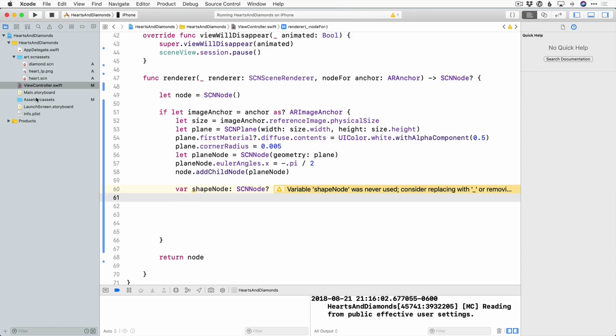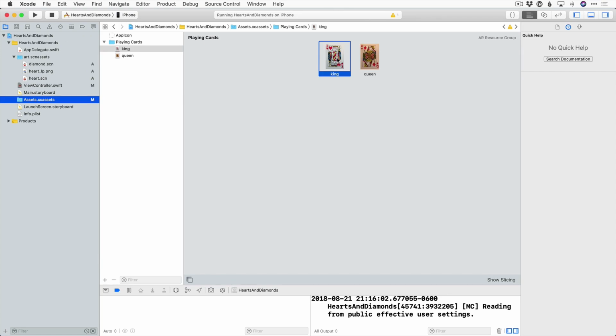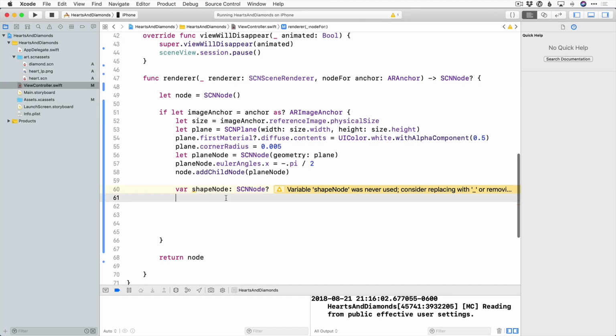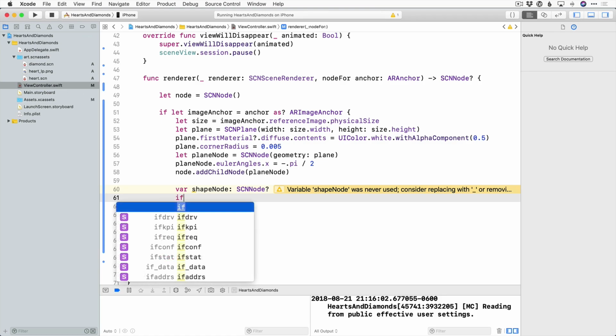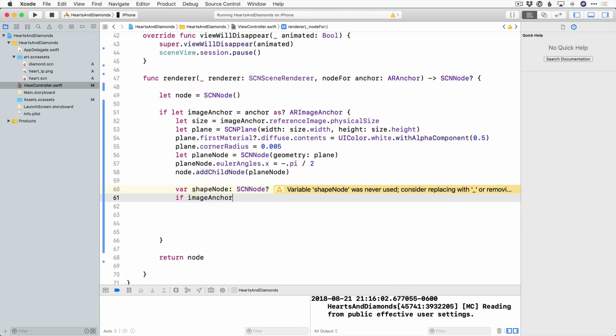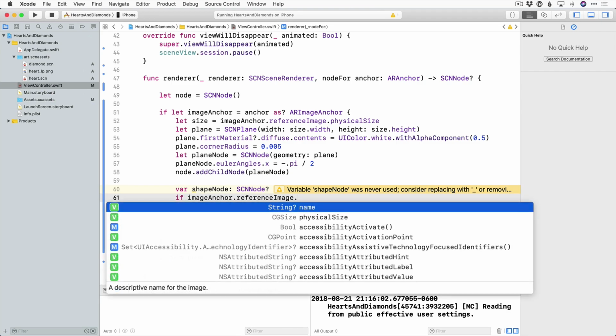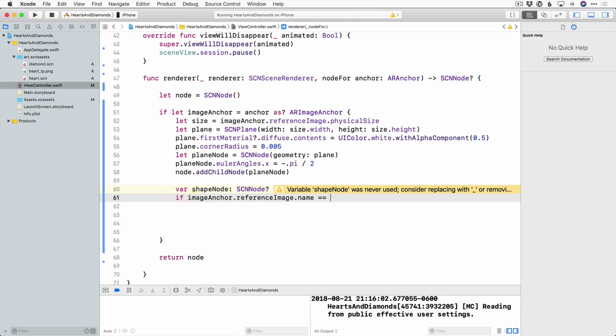And if you recall, when we imported our assets, we gave each of our images a name, okay? So we have king and queen. And we can access that property right here. So I'm going to say if imageAnchor.referenceImage.name is equal to king,